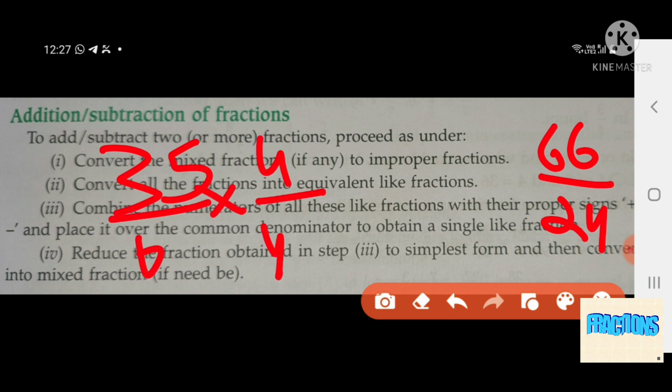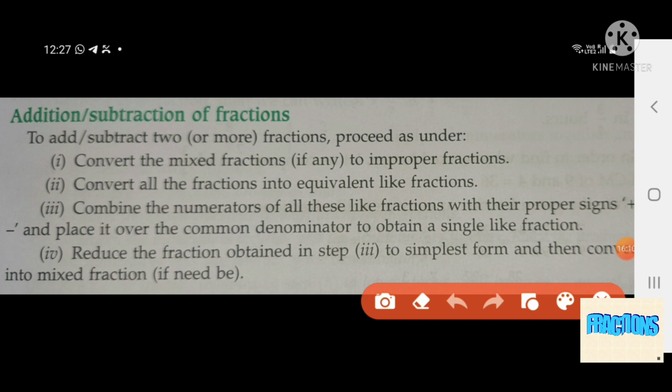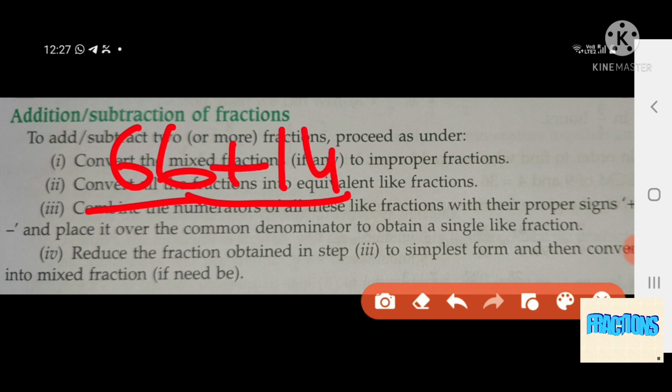So this will be 140 upon 24. Now let us add it. 66 plus 140. Now their denominators are the same, so we can write it like this. Okay, now the answer will be